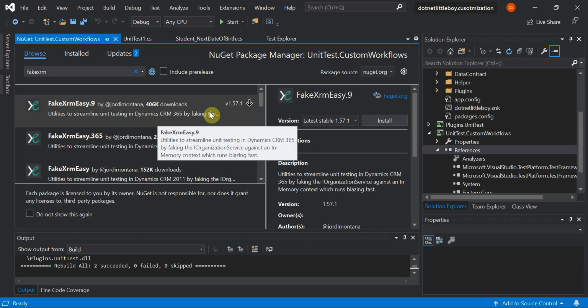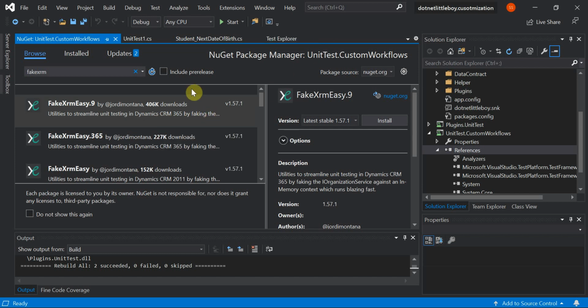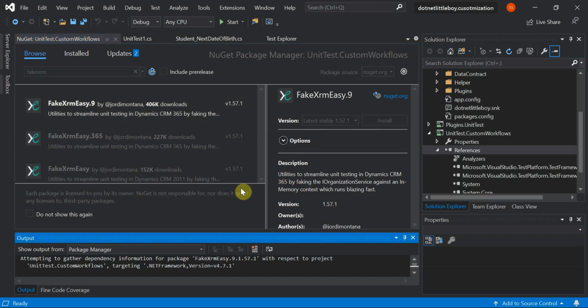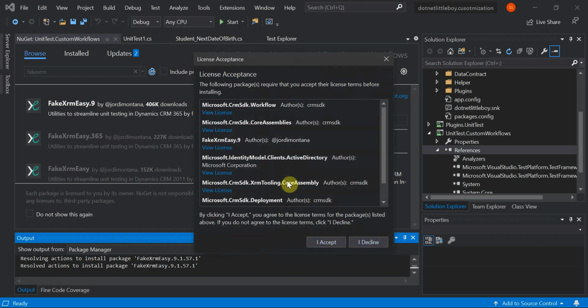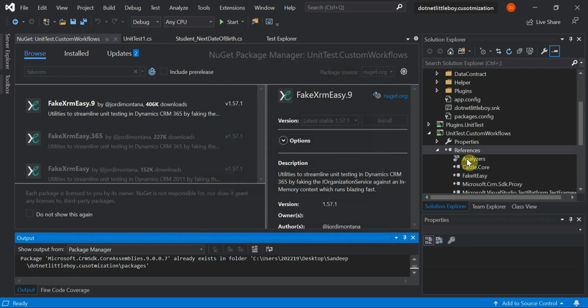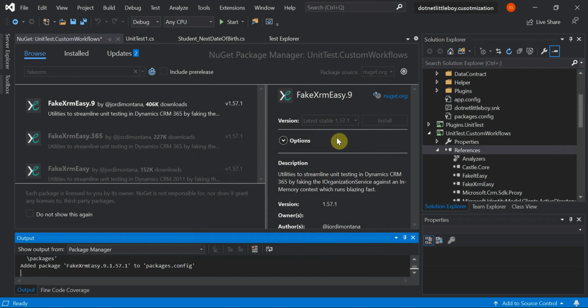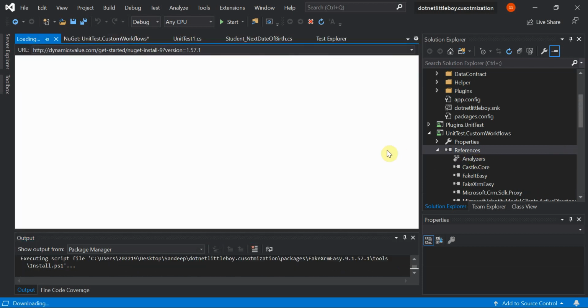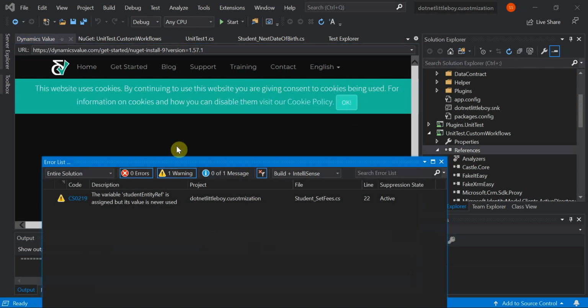Since I'm using the latest version of Dynamics 365 online, I can use the version 9 here. Okay, so my references have been added.